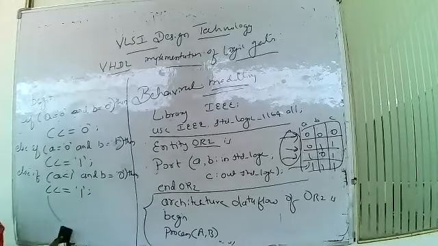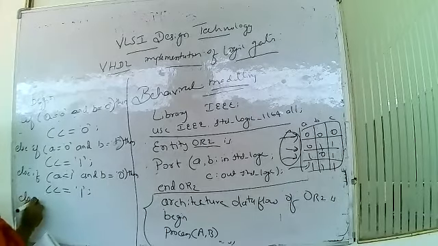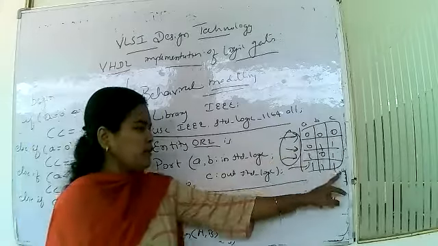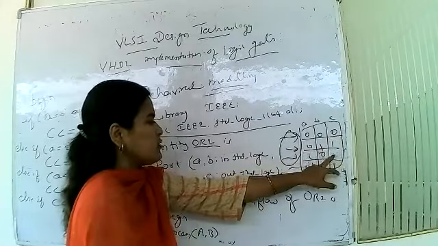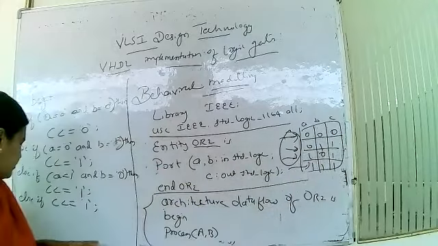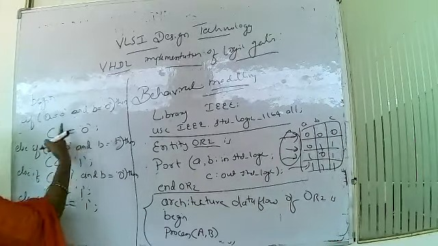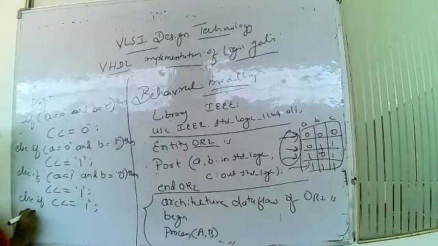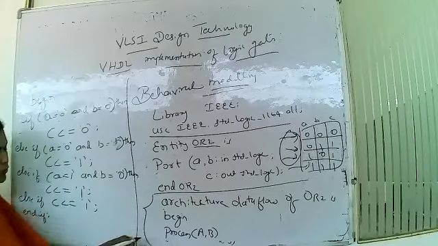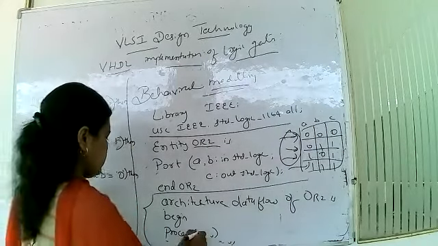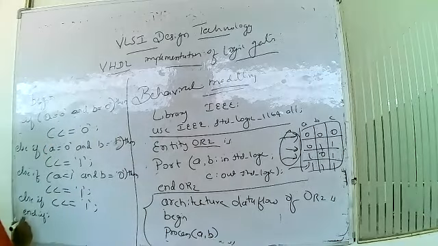Else. Else if output will be 1. If it is not this one, if it is not this one, then we go for this one automatically. So what we have to write here? Else, if it is, output is like this. So what do we have to write now? End of the if. Next, end of the process. Here you have to write the small s. End of the process.